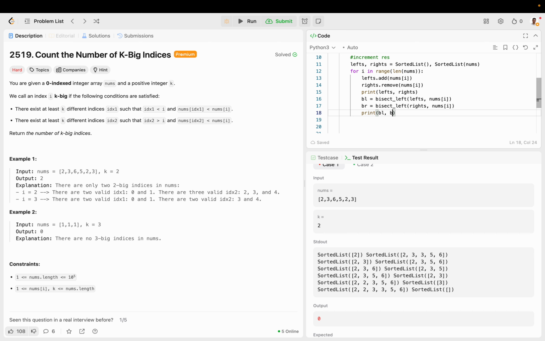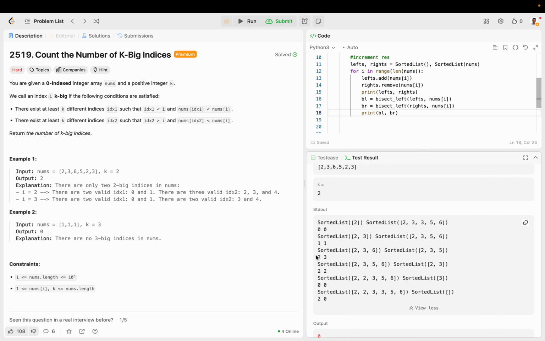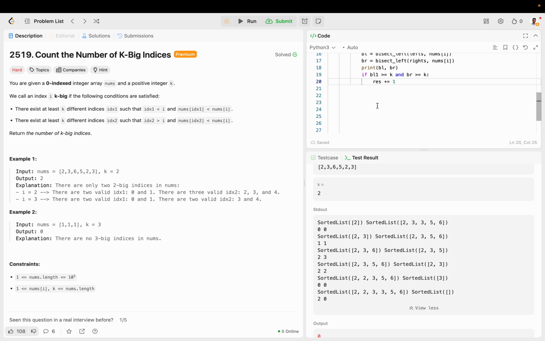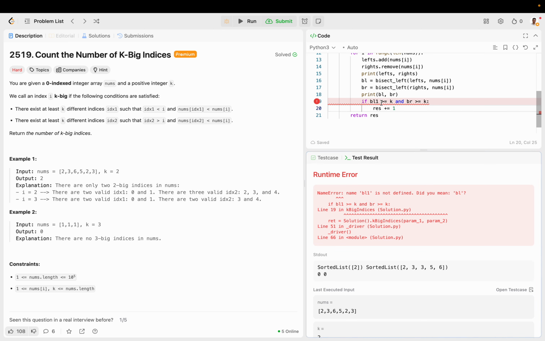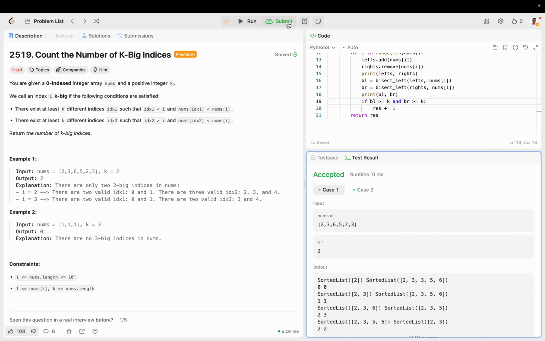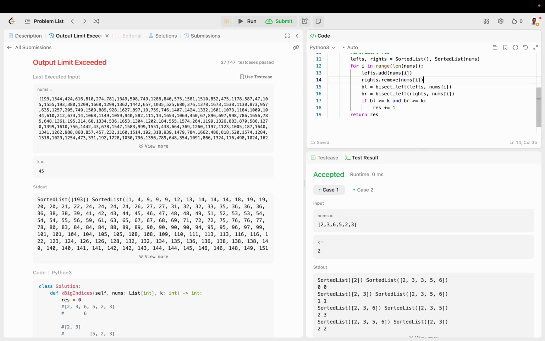And then let's print both. So as you can see, these are the only two where both are bigger than or equal to K. So if the left count is bigger than or equal to K and the right count is bigger than or equal to K, then we can increment result, and only if they're bigger than or equal to. And as you can see, if we get rid of the print statements,